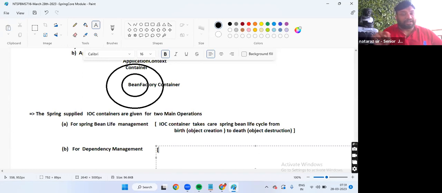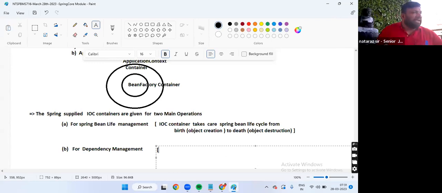If I take Flipkart and DTDC as classes, the Flipkart class is called the target class and the DTDC class is the dependent class. The way we assign the DTDC class object to the Flipkart class object is called dependency management. Understanding my statement?